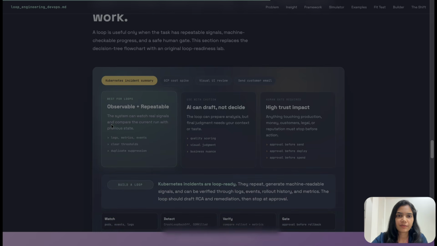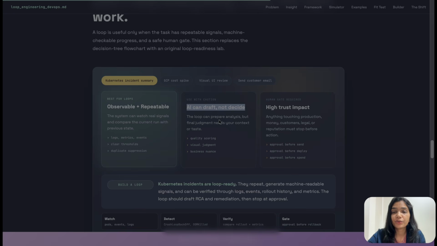For example, is there any observable and repeatable pattern that you have seen? If yes, please go ahead. Then you have to consider that AI should only draft and not decide. For every decision, you should involve a human in the loop. The loop can prepare the analysis, but the final judgment needs to be made by you.